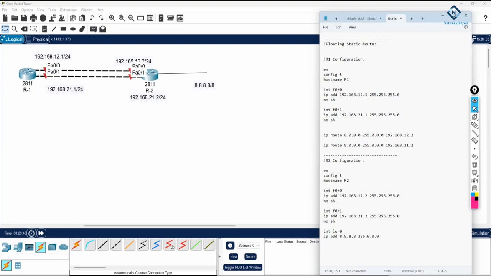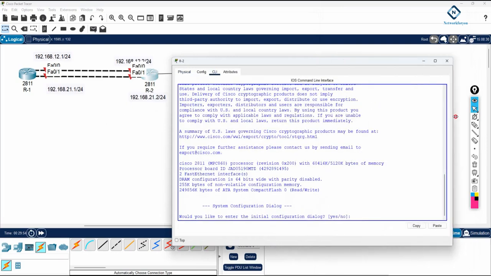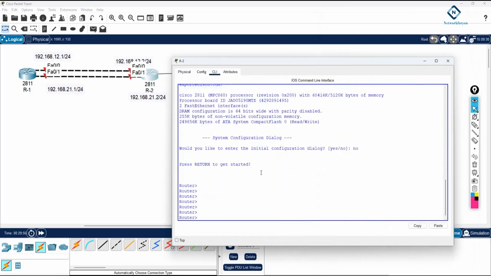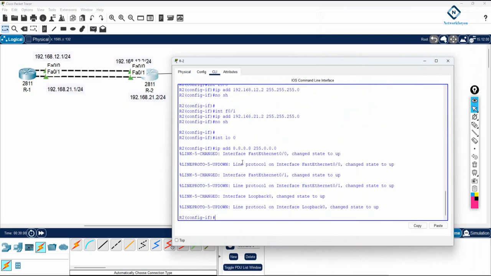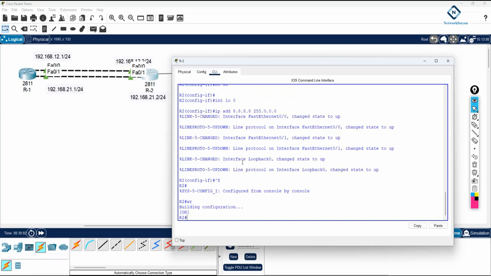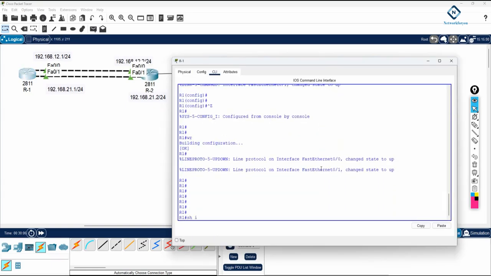So this is our configuration in R1. I will just copy, I will paste this here, R2 configuration here, and everything is good. We need to check if we are getting any error, nothing, everything is good. Now we can go here and we can check. Here we can write show IP route,